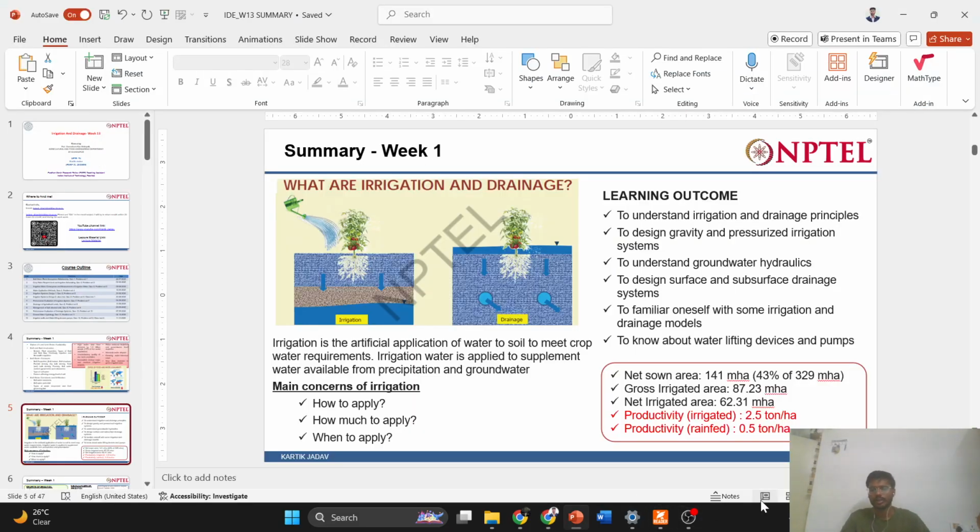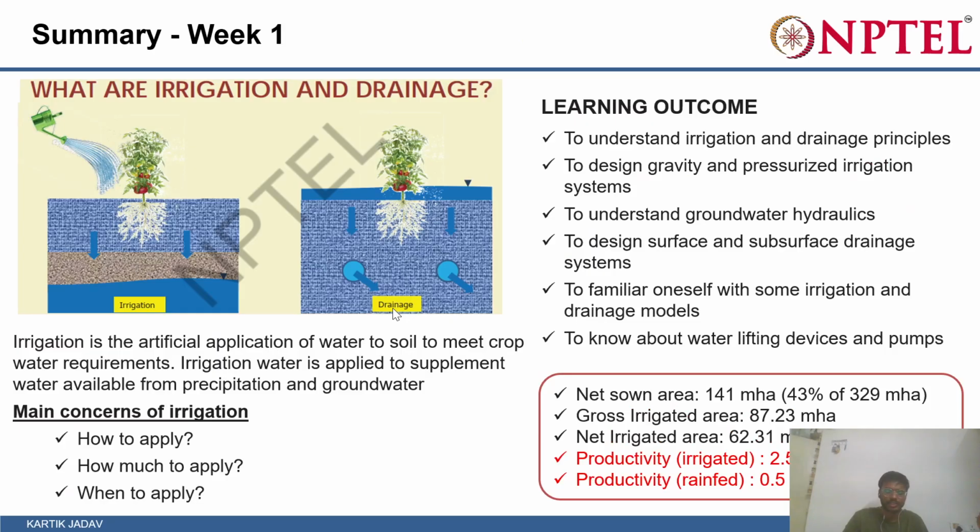Let's continue. So I already discussed the irrigation and drainage aspects, and why they are different. Then let's come to irrigation. The main concern in irrigation is how much water to apply, how to apply, and when to apply. So how to apply, in that your terms come like